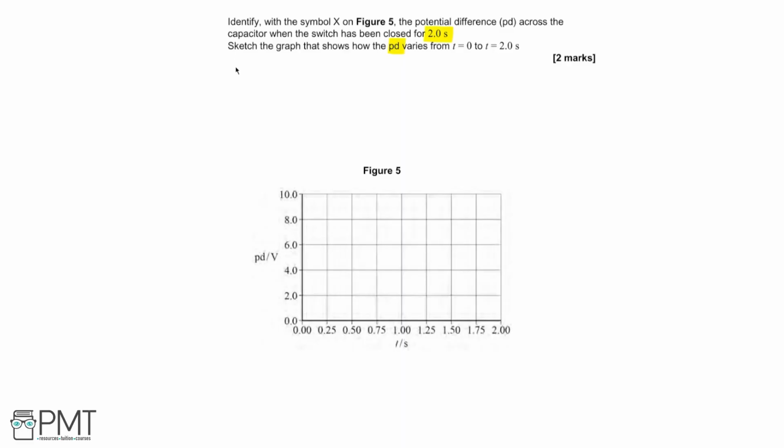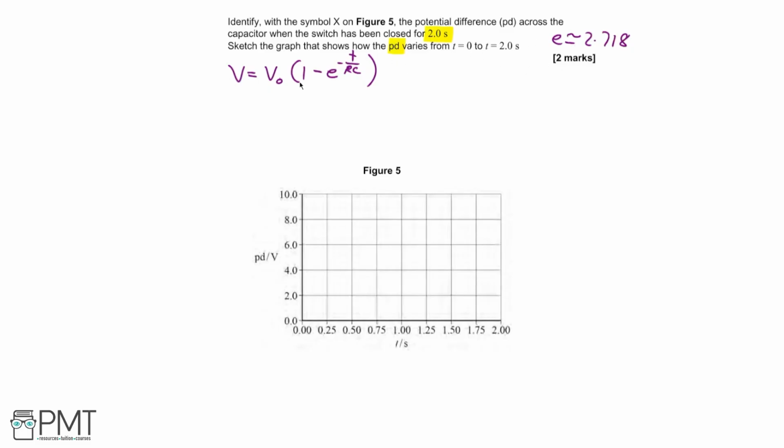In order to answer this question, we're interested in how the voltage across the capacitor changes over time. Therefore, we should use an equation that relates the voltage of the capacitor to the time elapsed since the switch has been closed. Specifically, we want the equation V is equal to V0 multiplied by 1 minus e to the minus t divided by RC, where e is Euler's number, which is approximately 2.718,